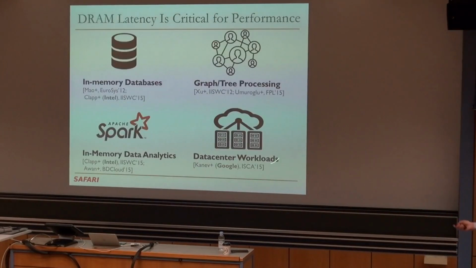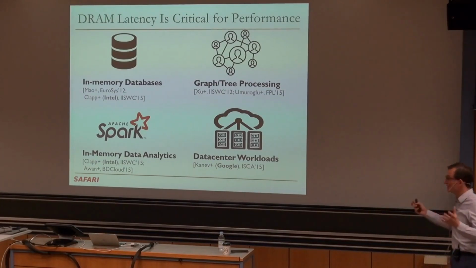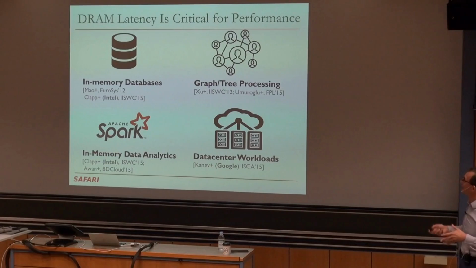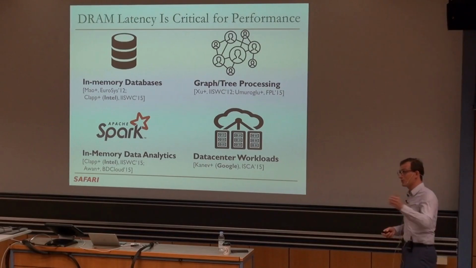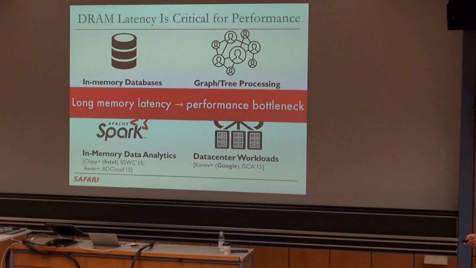But latency is important. So these are some backward-looking applications, from my perspective, backward-looking, because they already exist. We know relatively a lot about them. And they're actually limited by almost everything. They need capacity, they need bandwidth, they need latency. So these are applications that are really driving the memory problems. But there are also new applications like genomics and machine learning that are driving the memory needs even further.